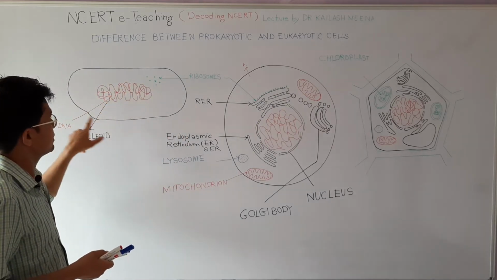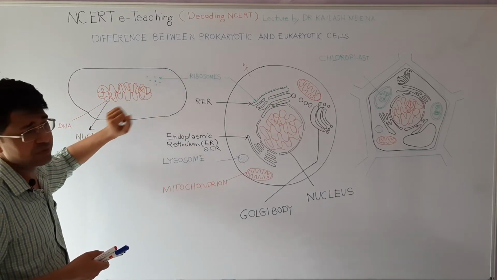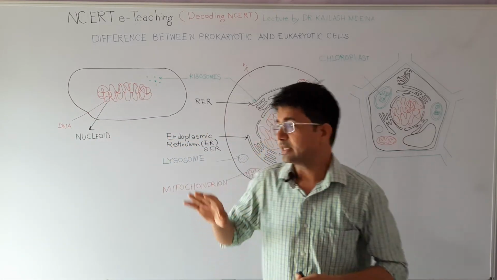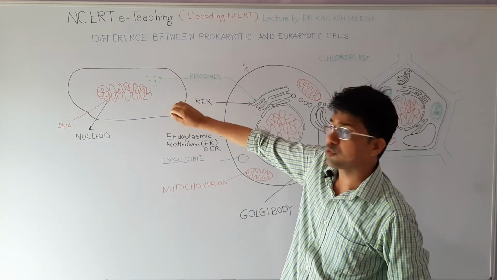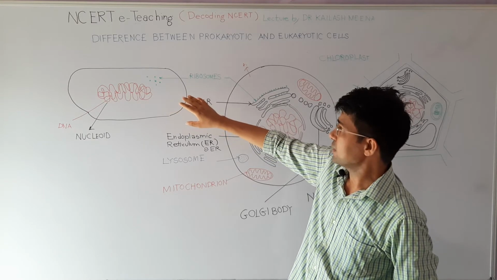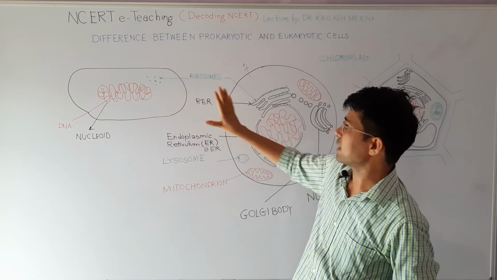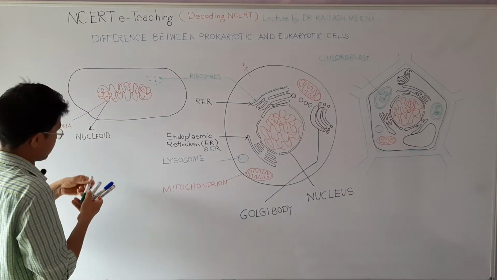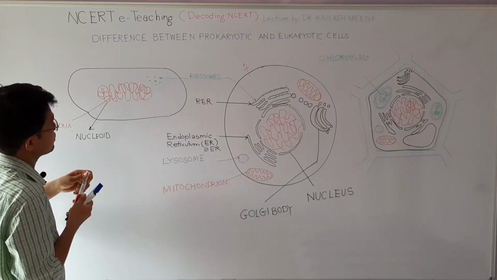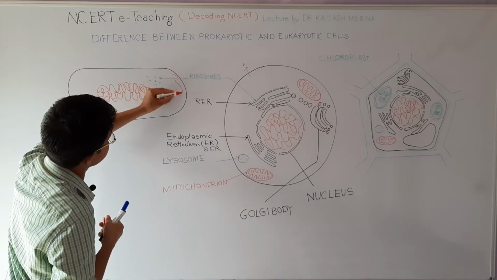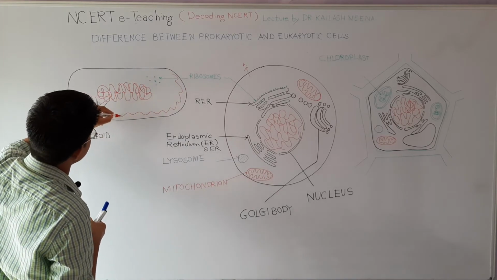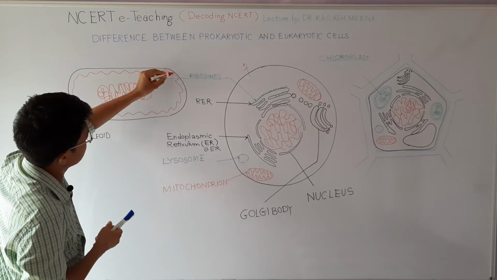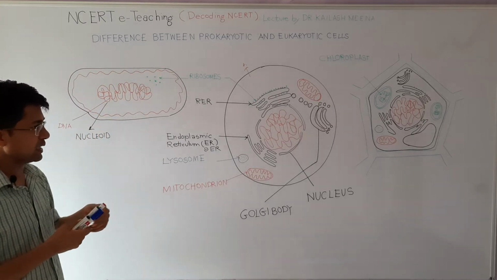Prokaryotic cells don't have any type of cell organelles, but as I have discussed in my previous introductory class of cell, a prokaryotic cell can perform all the functions. The only difference is there are no compartments. So this cell is also producing energy. This cell is also producing energy. This cell is also controlling cell's activity. This cell is also making proteins, fats, lipids, all required things. And one more thing, it depends on the cell also.